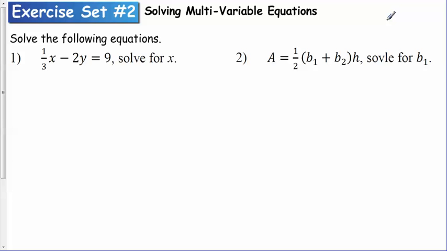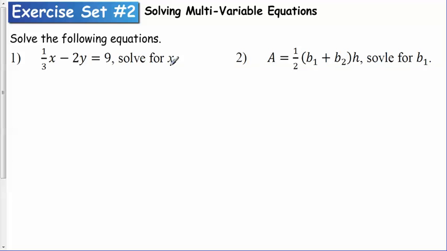In this exercise set, we're going to look at how to solve equations involving multiple variables. Now, it may look more difficult than solving a simple equation like we did in the previous exercise set. However, it follows the same concept. So in the first example, I have 1/3 x minus 2y equals 9, and I'm being asked to solve for